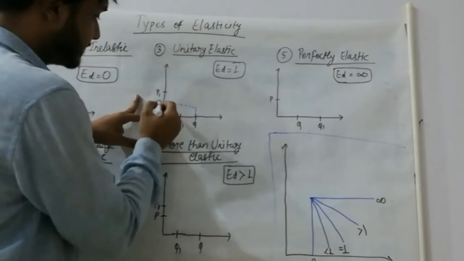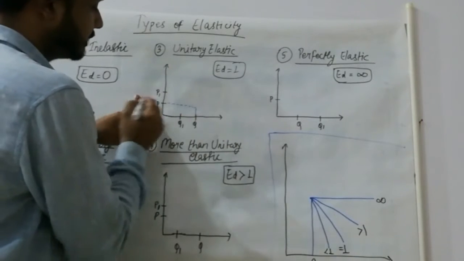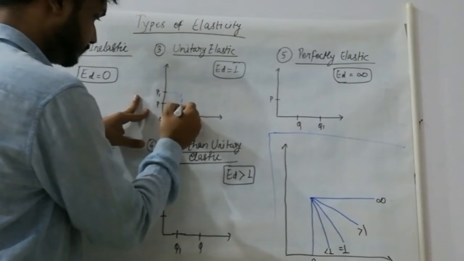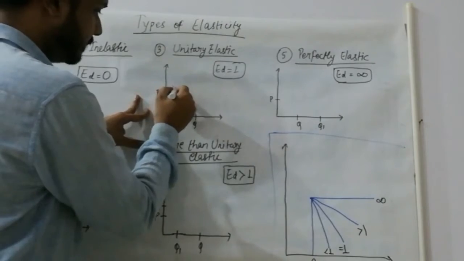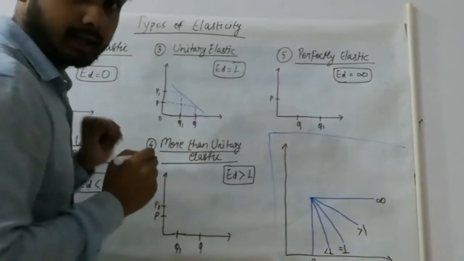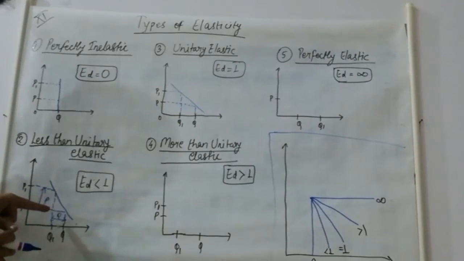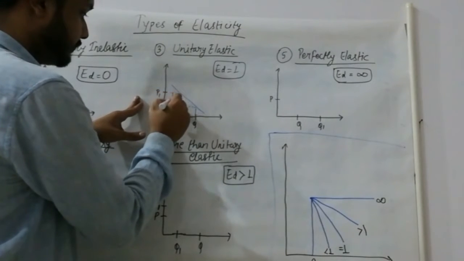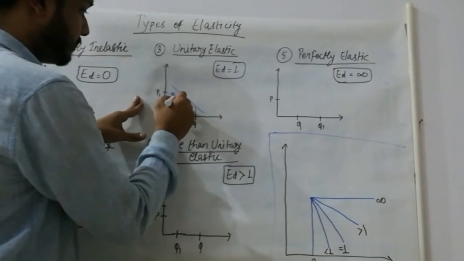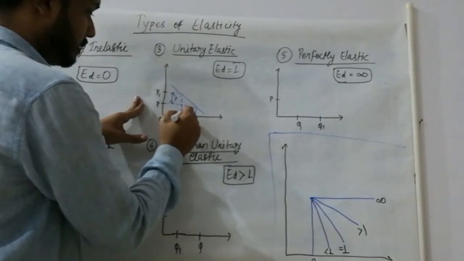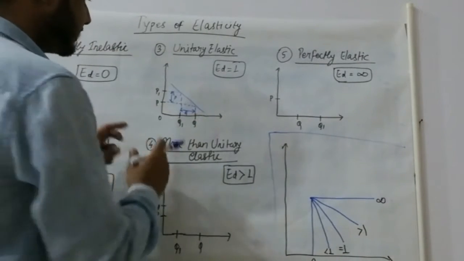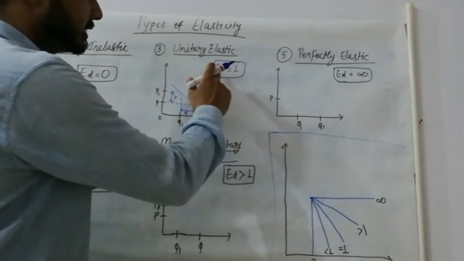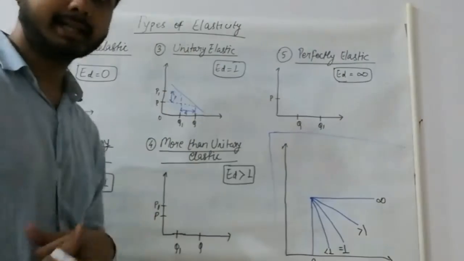Now an increase in price will lead to a decrease in quantity demanded. So P1 will be joined to Q1. When we make the demand curve, it will be like this, a little more tilted than the earlier one. This is a lot straighter. Here we can see the gap also: the gap between price and quantity is the same, which shows us the same level of change in price as well as quantity demanded, and that represents our elasticity of demand equal to 1, that is unitary elastic.